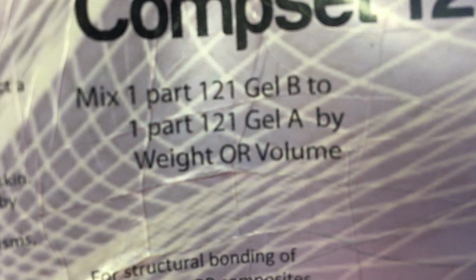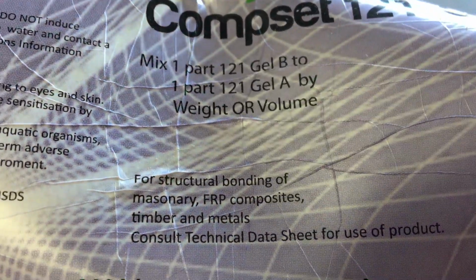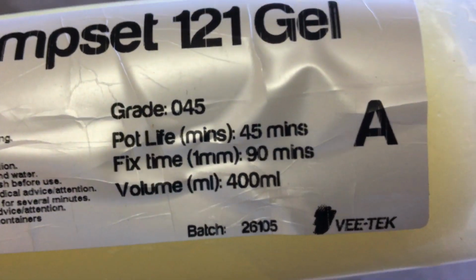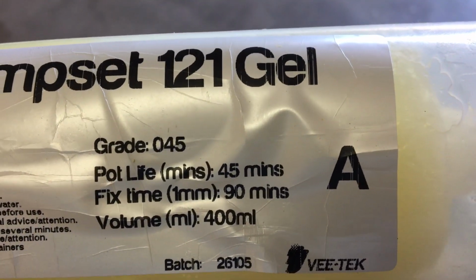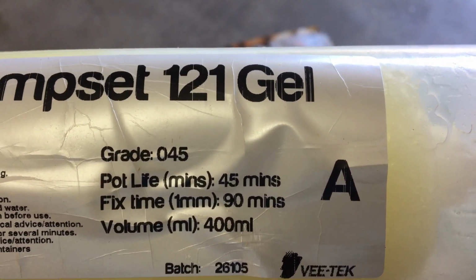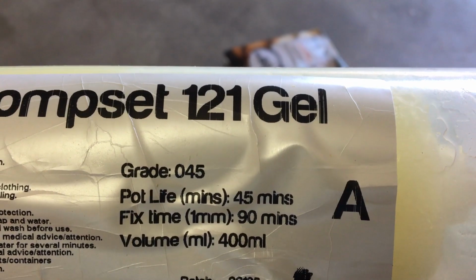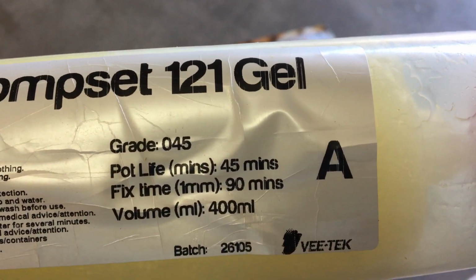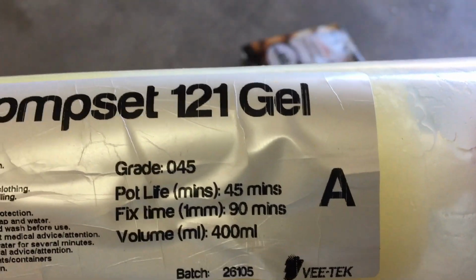It's one part gel A to gel B, by weight or volume, so I mixed it based on what I could tell in the bottom of the cup. It mixes really well. And I think it was this one. So 45 minutes before she starts setting, and then 90 minutes to hold a bond. So I'll probably just wait. You can glass over the top